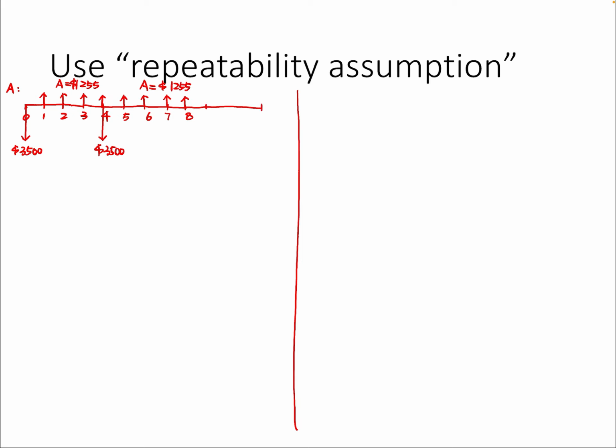Okay, and then you're gonna extend another time so that the whole timeline will be 12 years, okay? Which means at the end of the second cycle, you're gonna pay the same price to buy a new equipment, and then after that, every year you're gonna have the same annuities. Well, this is how you extend this shorter useful life to the study period using the repeatability assumption,